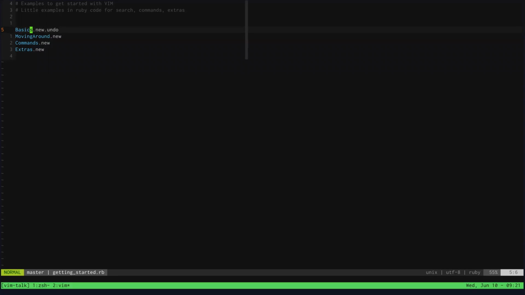This is actually a basic, the starting file, and there are tags in there, so I can just move with short tagging commands to the different files. And this is a good example, because we have a class called basics. There we instantiate a new object, and on that new object, we call the undo method. So what you can do with tags in Vim is, if you see that, and you have tagging set up, then you can follow that tag and see right away what the undo method in